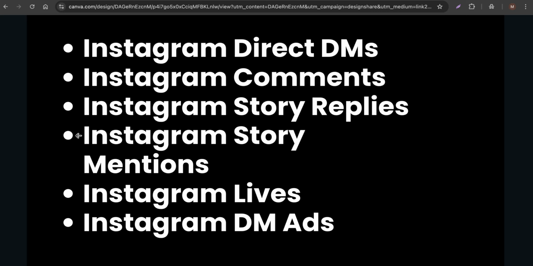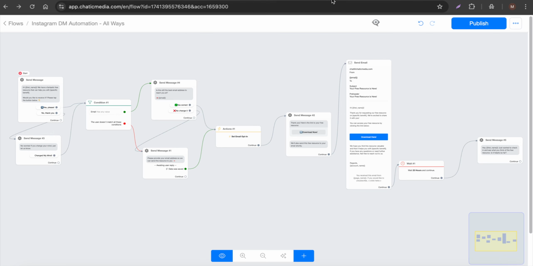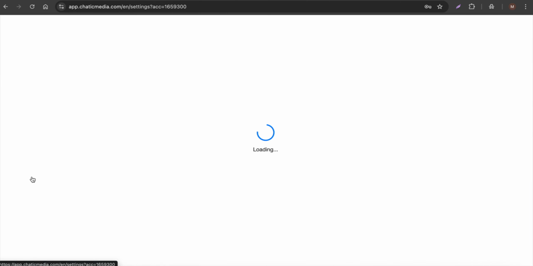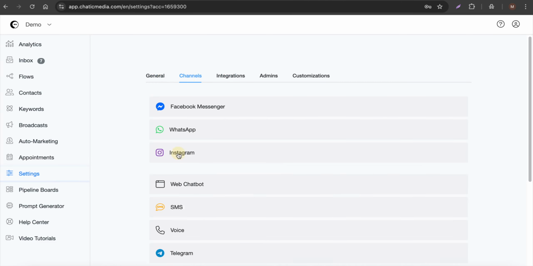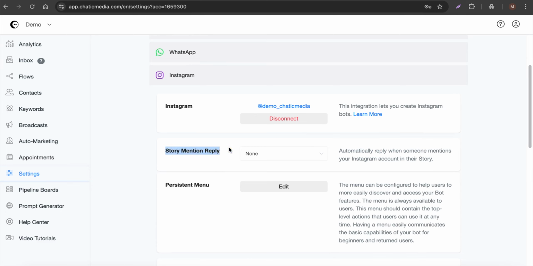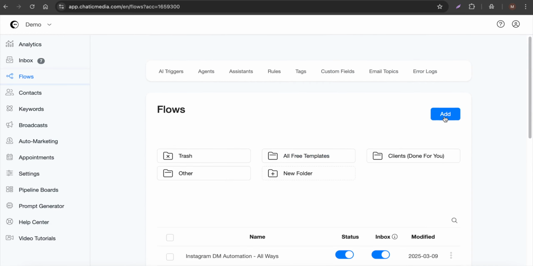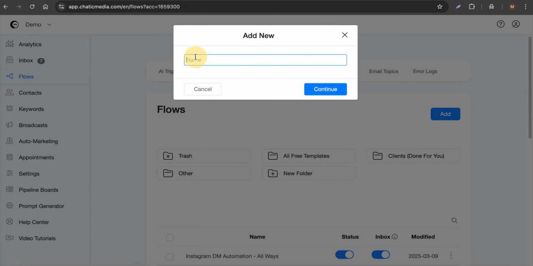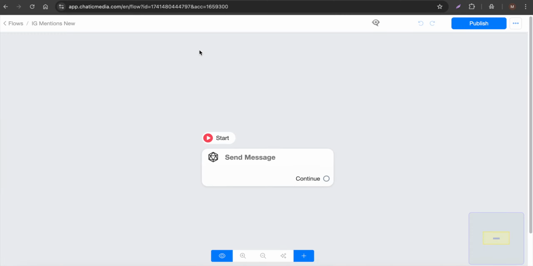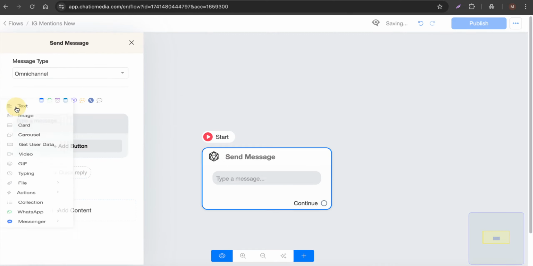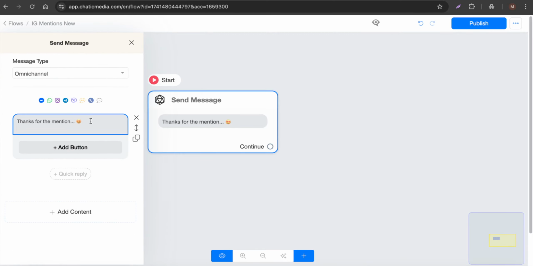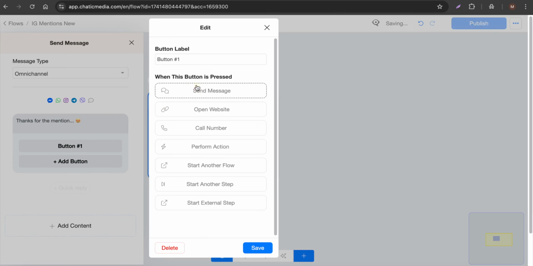And apart from that, you can also trigger Instagram story mentions. Here you have the option to trigger the Instagram story mention right from the settings. Here you have Instagram, and here Instagram story mention reply, which automatically replies when someone mentions your Instagram account in their story. Here you can choose a specific flow. Let's create a new flow for the IG mention. So let me say IG mentions new, and here you can send them a message first. Let me add this, thanks for the mention, and let me add a button which says